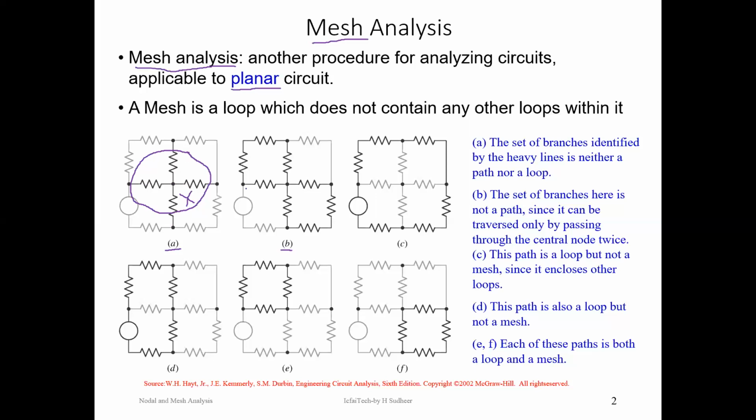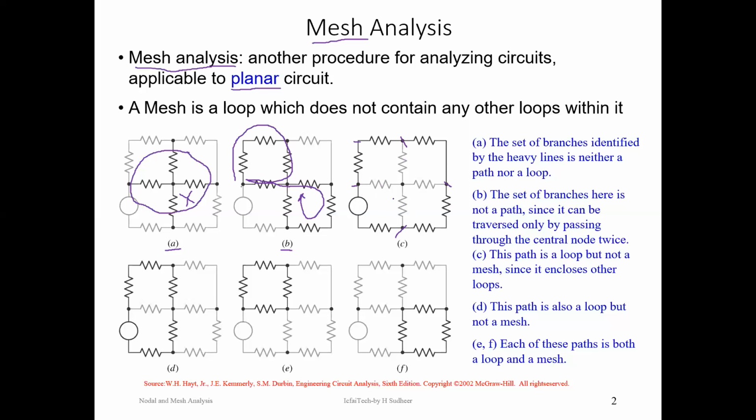Let us find out the second. In figure B, you are starting from a node, traveling across a particular node, and then you have to come back to this node and then travel. So even this is not considered a loop. Why? Because you are encountering the node more than once. Let us see the third figure. If you travel by the set of branches shown highlighted, you start from this node, reach this node and this node, and then travel to the other node and then to the other node. So this indicates a loop. Definitely this is a loop.